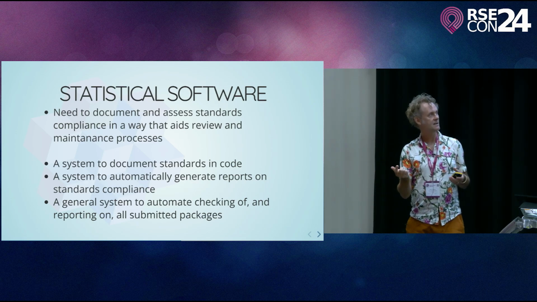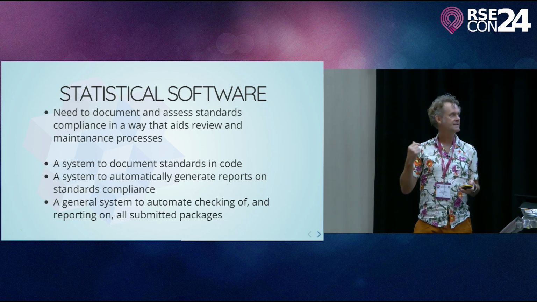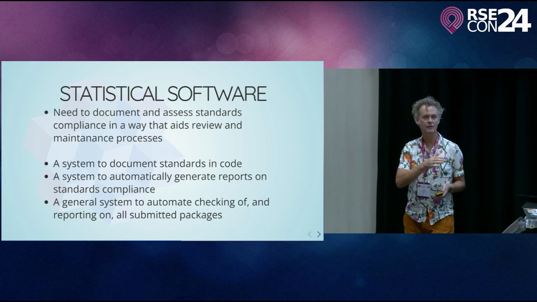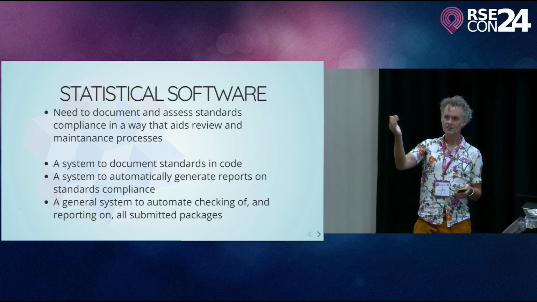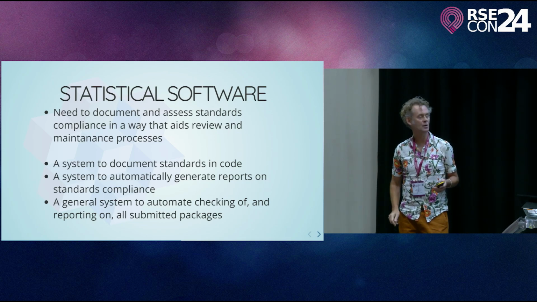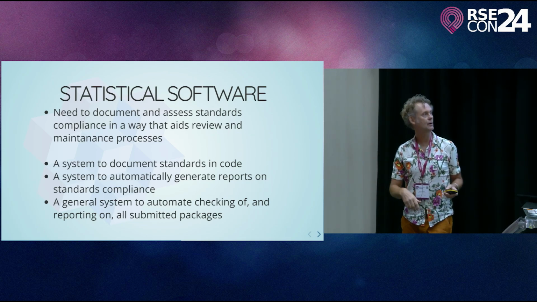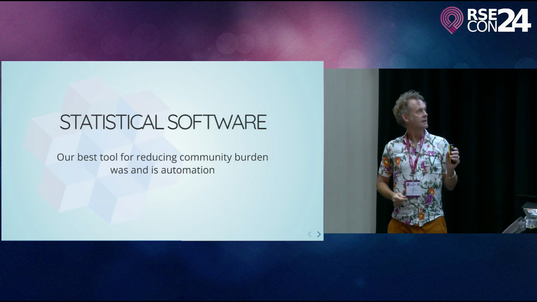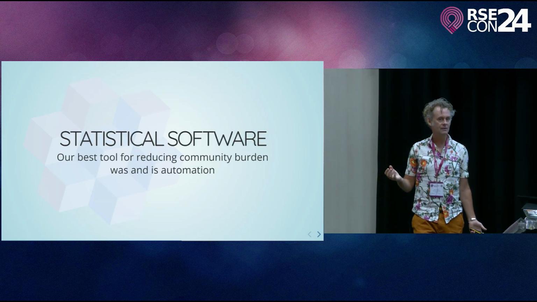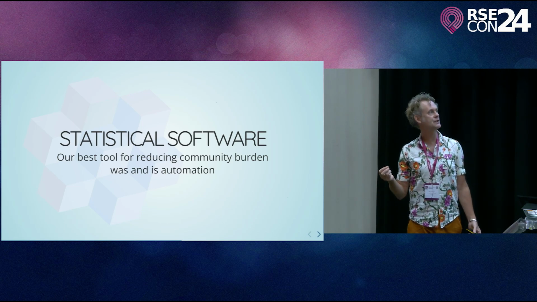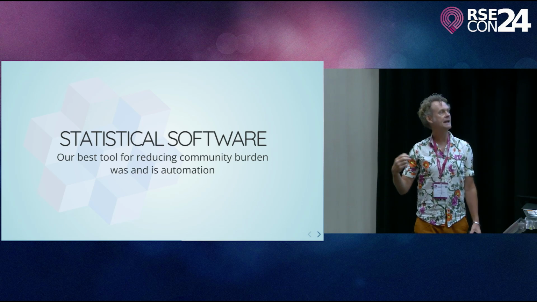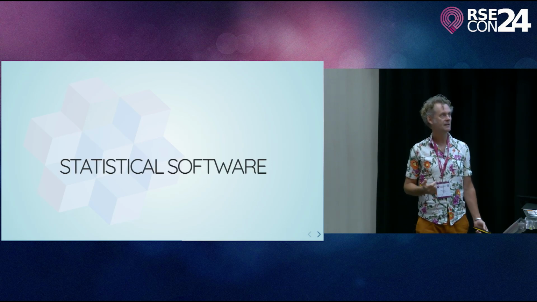And one of the things that we did separately was a much more comprehensive system to automate the checking of both statistical and general software packages when they're first submitted. So you saw the JOS checks before coming up, and ours are all integrated in one place, and it's a much more comprehensive check because we only process our packages. So in short, we used all of these automated processes in order to reduce the burden on our community, the community of authors, of reviewers, of editors, and everybody involved with rOpenSci.